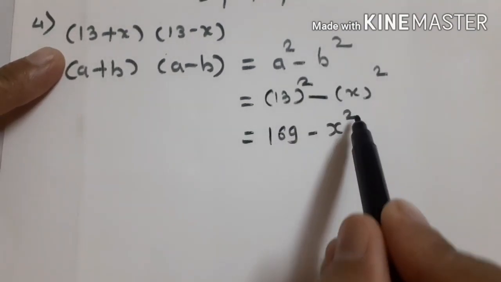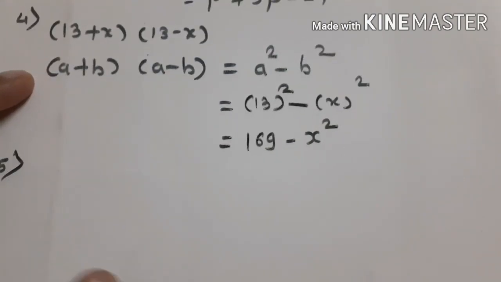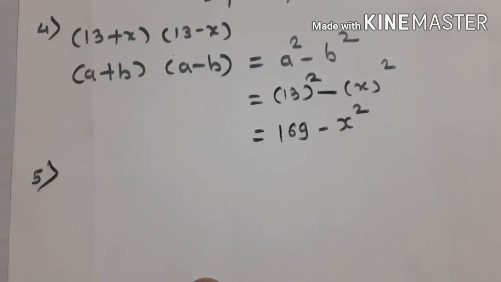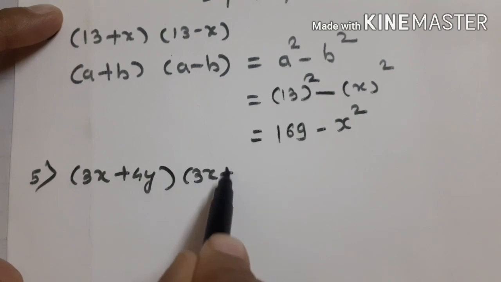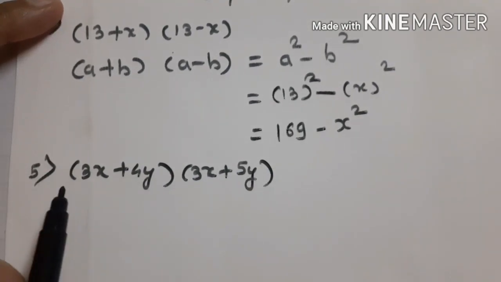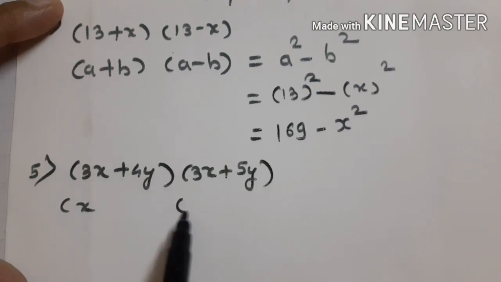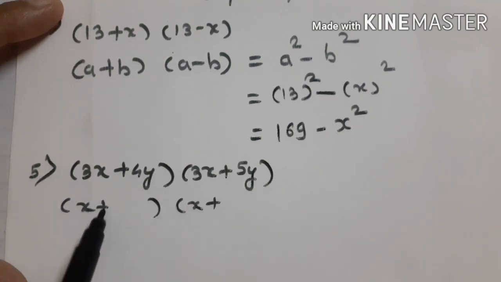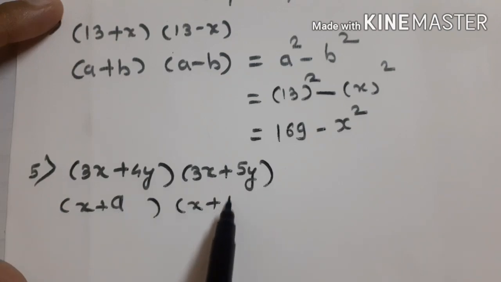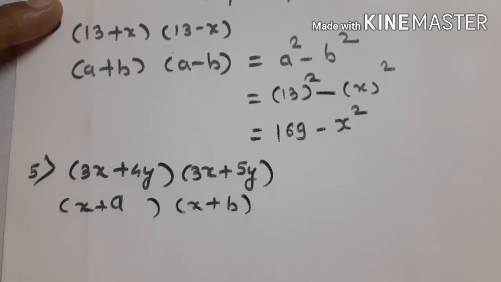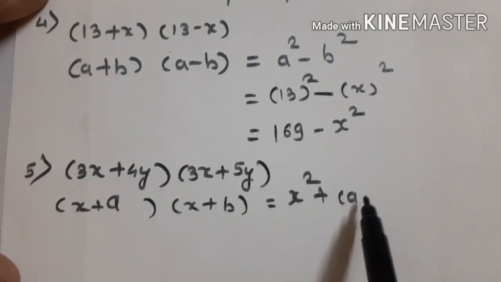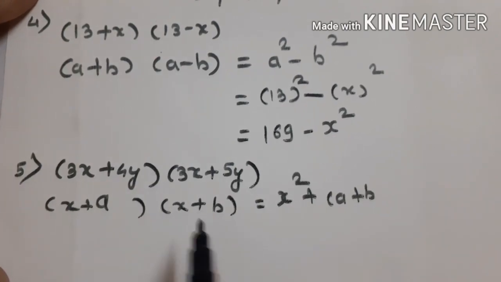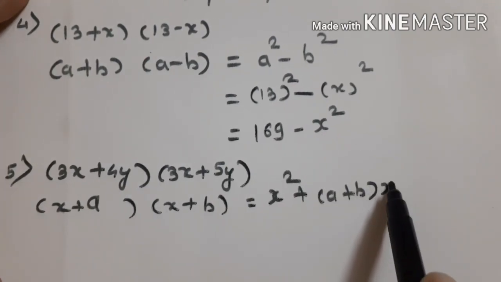169 minus x square. Now the fifth example we have given: 3x plus 4y, 3x plus 5y. Look here, 3x means x, and here is x. Now what is the second term? Here 4y and here 5y, means x plus a and x plus b. First terms are the same, second terms are different. Then write the formula: square of first term plus addition of second term into first term